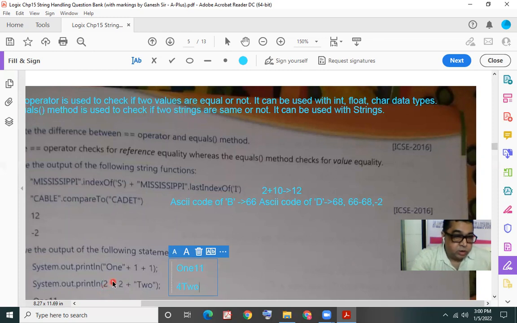Try to understand: when Java finds 2 integers first, it adds them up, and the result, which is 4, is concatenated with the string TWO. In the first print statement, we are starting with a string. So that string is concatenated with the integer value 1 to make ONE1, and that further is concatenated with the integer value 1 to make the string ONE11.